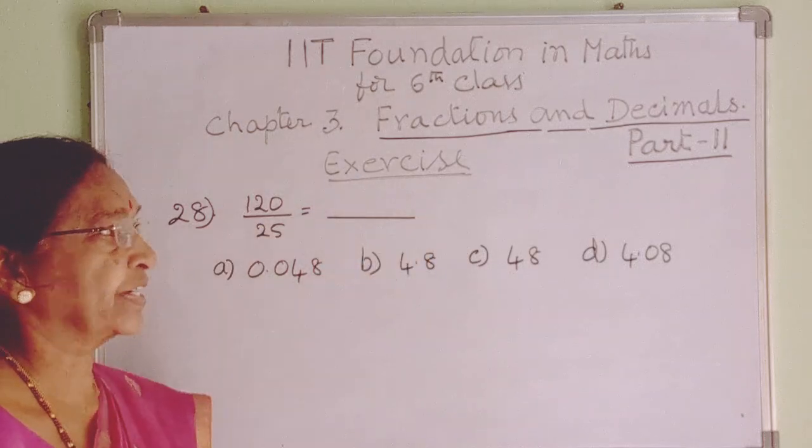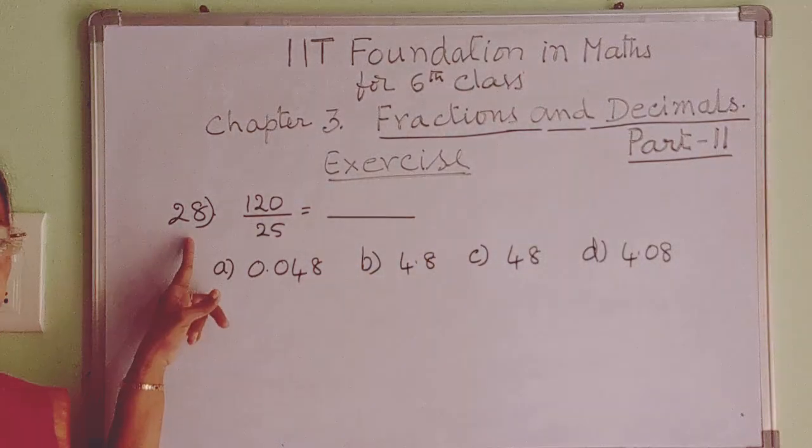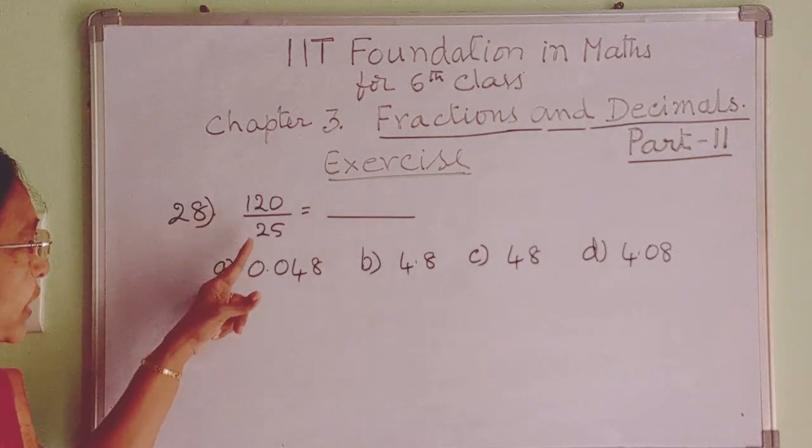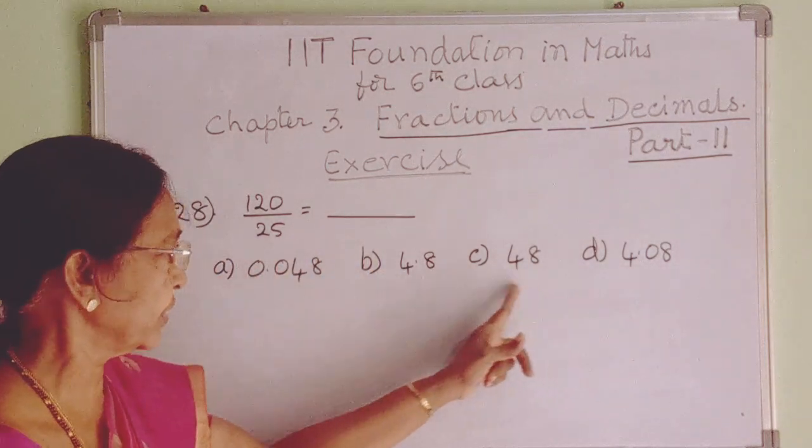Chapter 3 Fractions and Decimals. Part 11. Exercise 28th problem. 120 by 25 is equal to dash. 4 options were given. These are in